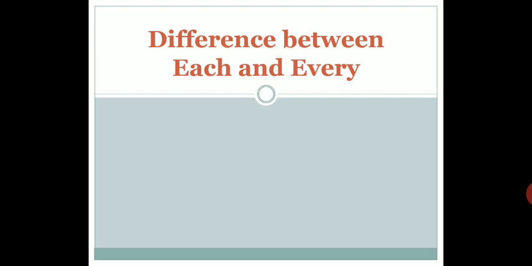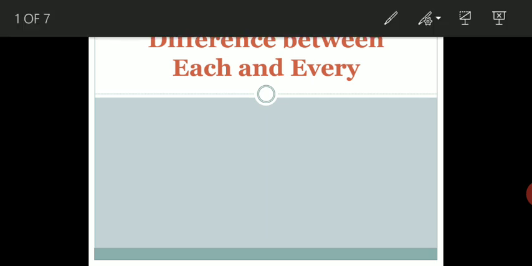Today we will do another topic of determiners, that is, differentiating between each and every. Again, this topic is important when we talk about gap filling, editing, omission. It is a very important topic, because a one mark question can be asked from this topic also, where you have to identify whether you have to use each or every. So let's do the topic one by one, where we have to use each.